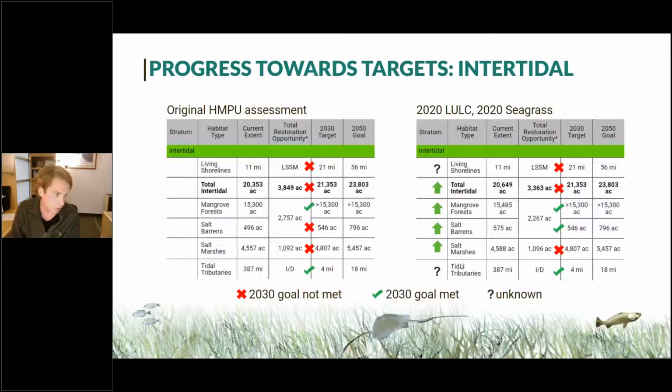Moving to the intertidal habitat, again, living shorelines, this is another one of those layers, as well as tidal tributaries, where we need to think about a better way to update those layers, because there's not information with those layers included in the district's data. Could be part of a restoration database that Gary will talk about, but again, how do you mesh those two sources of information? But what you can see here is that we did actually see an increase in